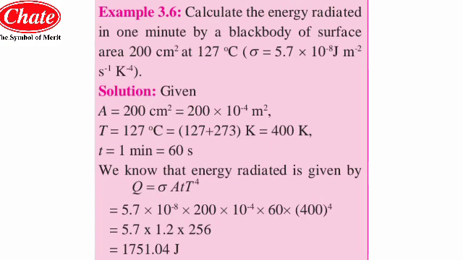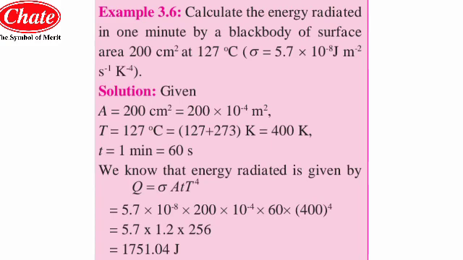Now students, we will see the next example, but before that we will see this example. We will just revise this one, so then all of you students will understand very easily. So first of all, we will read the problem. Calculate the energy radiated in 1 minute by the black body of a surface area 200 centimeter square at 127